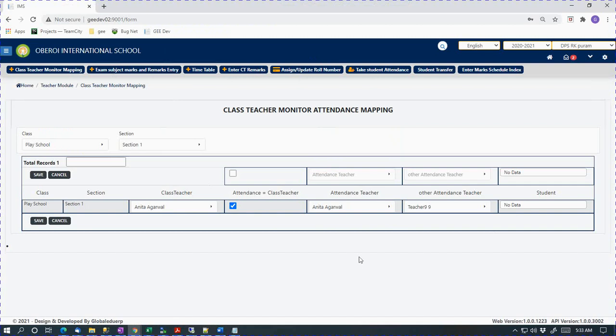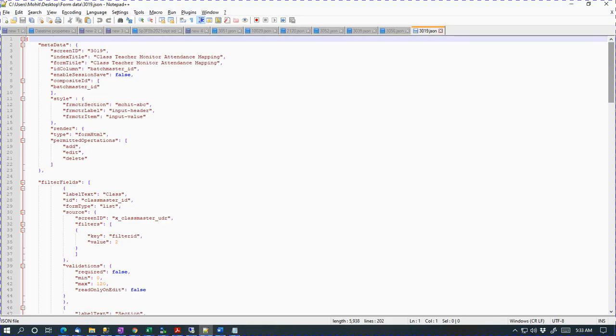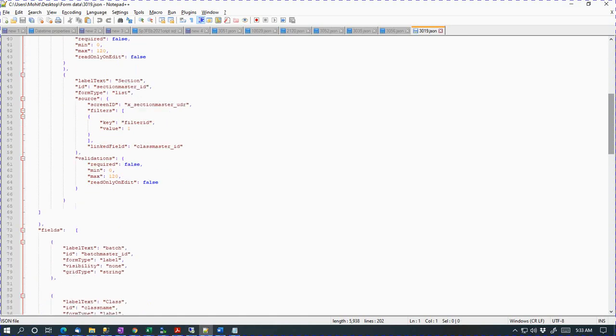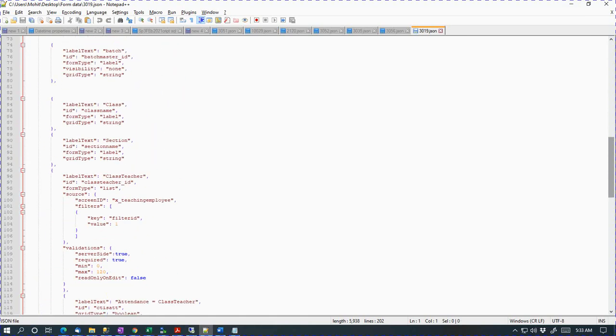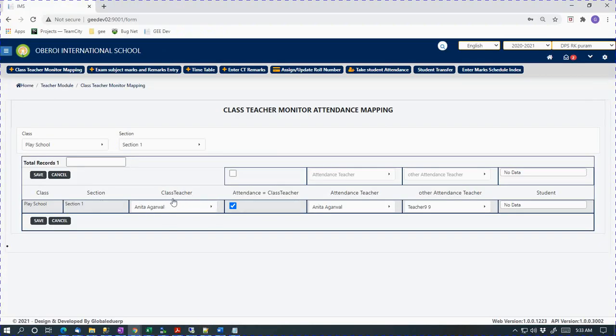The JSON contains what controls the form will have and what kind of form it will be. You see this JSON has the fields on the form: we want to see the class teacher, we want to see this checkbox, and these other fields.